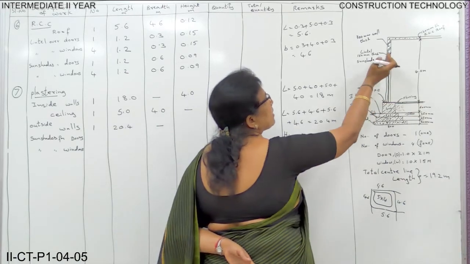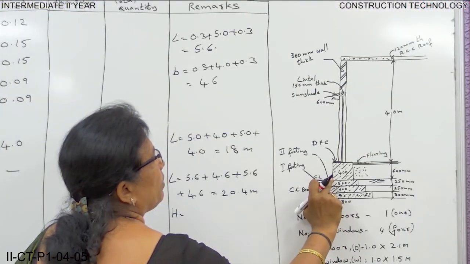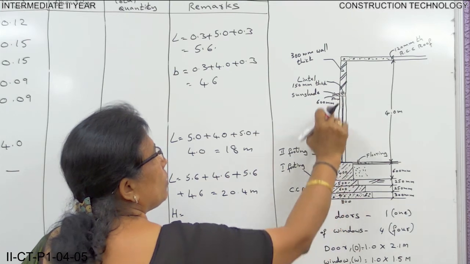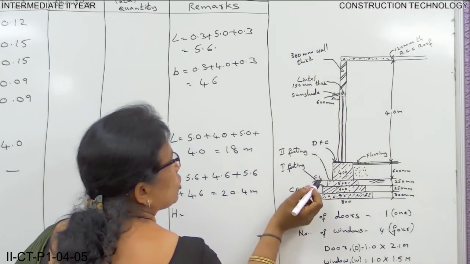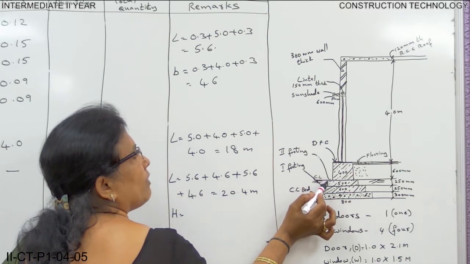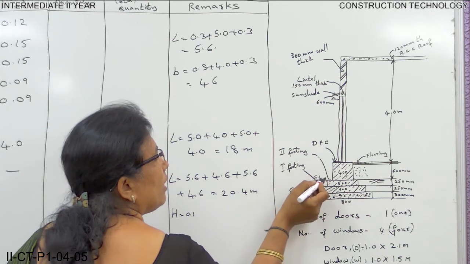Height of plastering. See, this is outside. You have to do plastering from the basement, from above the ground level, that is from here to the roof level. So sometimes you do below the ground level also. That is, take 0.1 below the ground level, just